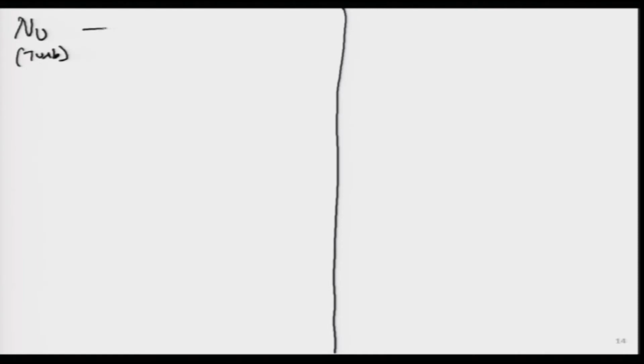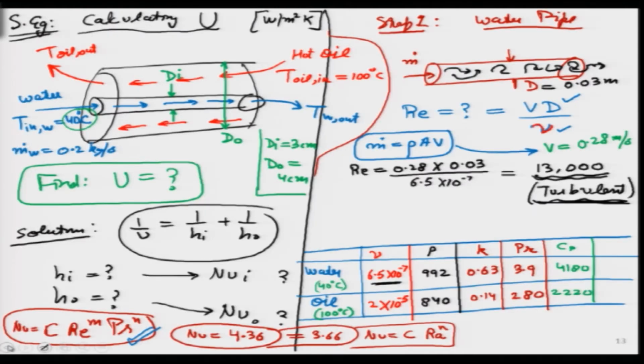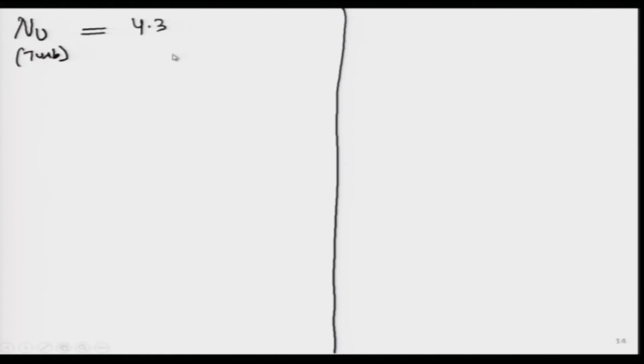Now, let us go to the next slide, because I do not have any space over here. So, the first step was to calculate the Reynolds number. The next step was to figure out what will be the Nusselt number for water, and I will have to look at the correlation for turbulent flow. If it was laminar flow, I can simply write, what was the value I remember, 4.36, if it was laminar, but it is not laminar. So, I have to look at the turbulent correlation.